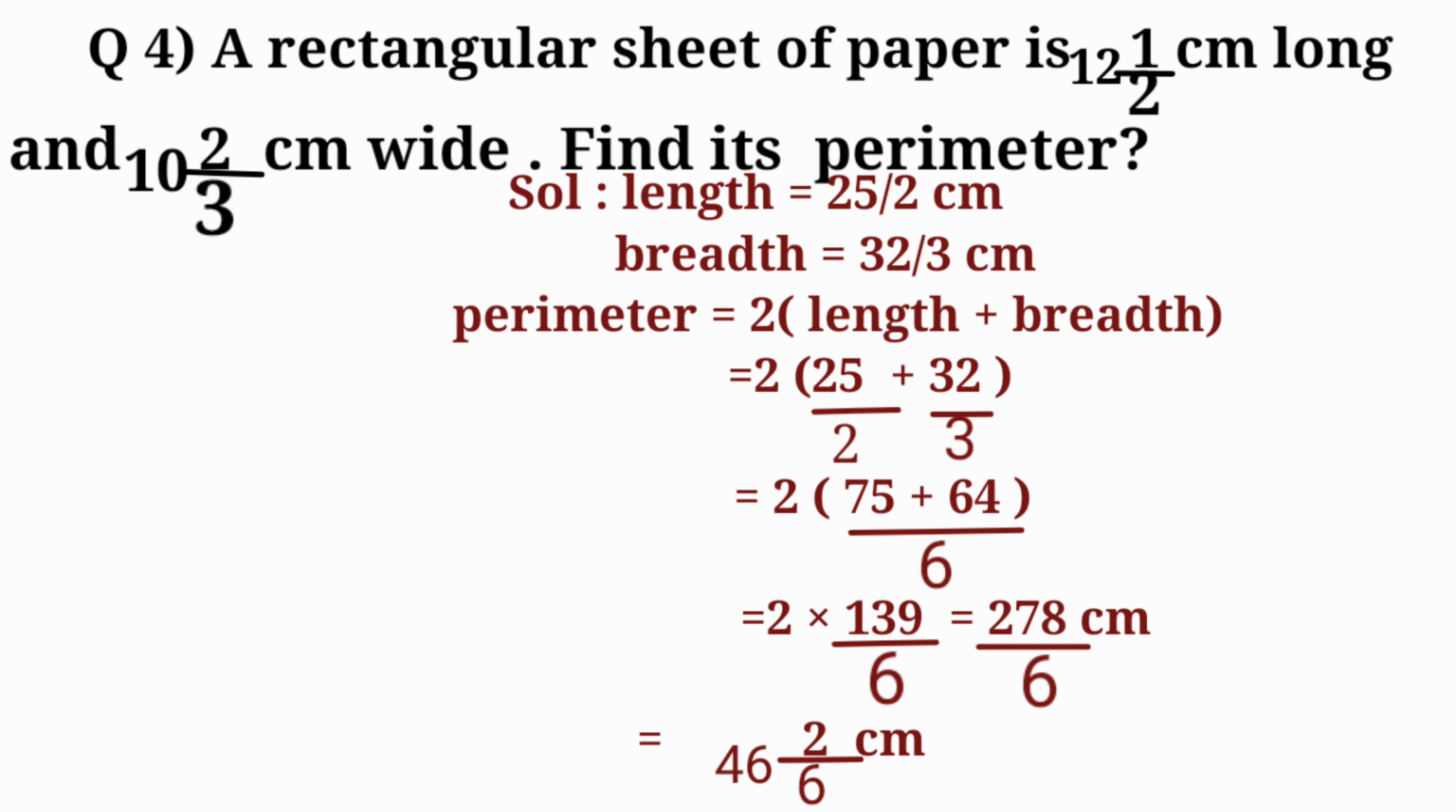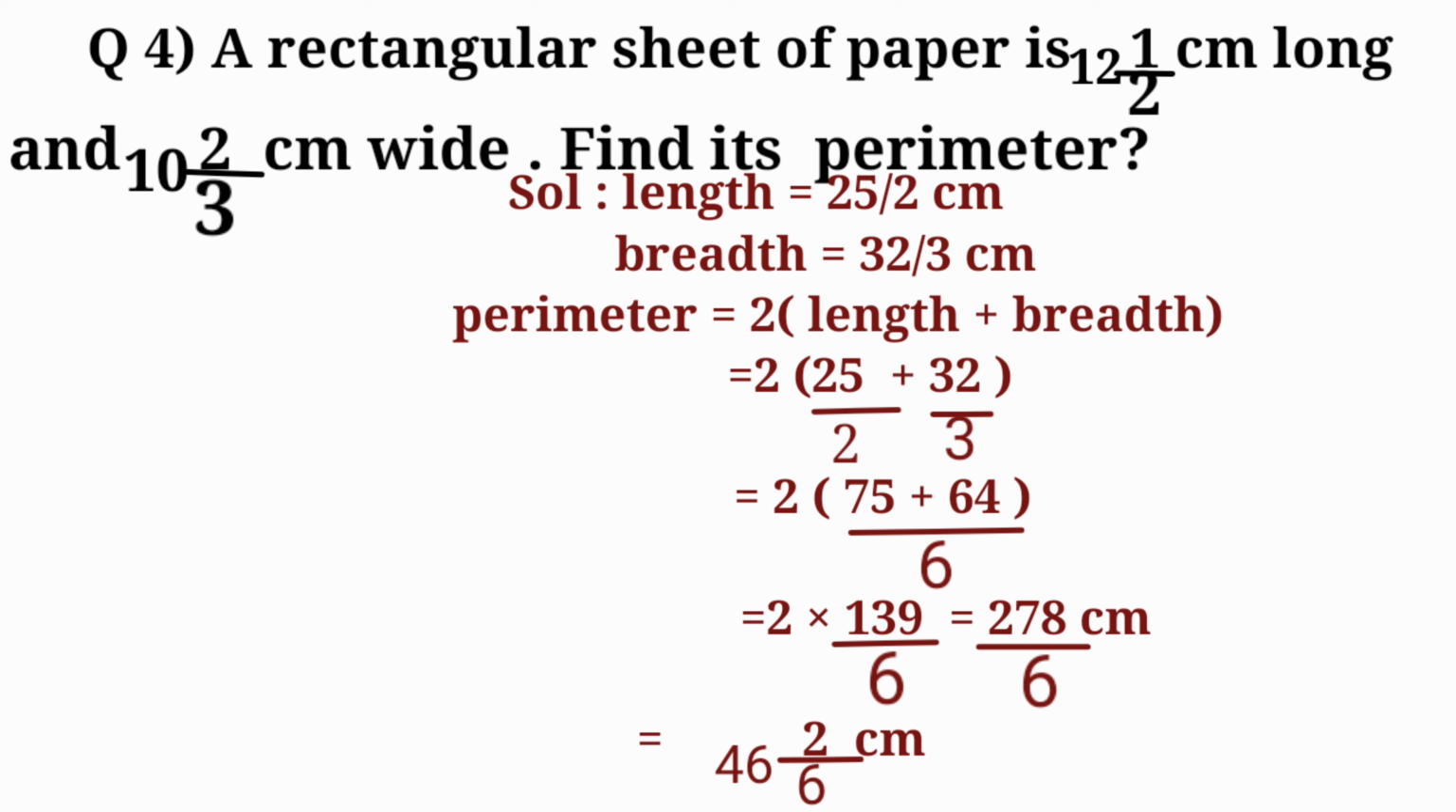So 2 3s are 6. So 25 3s are 75 plus 3 2s are 6, so 32 2s are 64. So when we solve our bracket, 75 plus 64 will be 139. Denominator will be 6. Now we have 2 into 139 divided by 6, which will be 278 divided by 6 centimeter. So this will be the perimeter of the